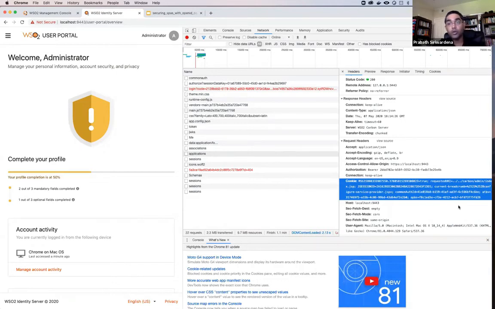So if you don't store it in session storage but store it in a cookie, then you cannot make these cookies HTTP only, because your JavaScript running on this single page app needs to access the cookie to get the access token. So that means any other JavaScript can access the cookie too, right? But the limitation in this approach is both your resource server and authorization server run under the same parent domain. So that's why they can share the cookies.